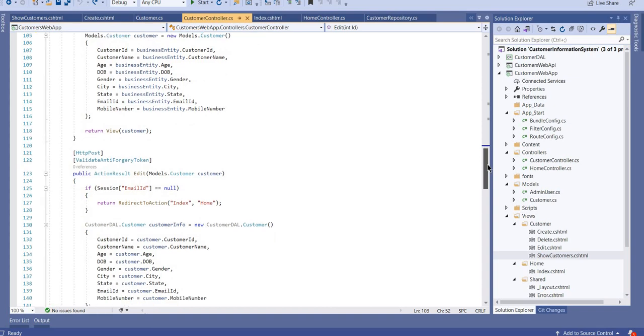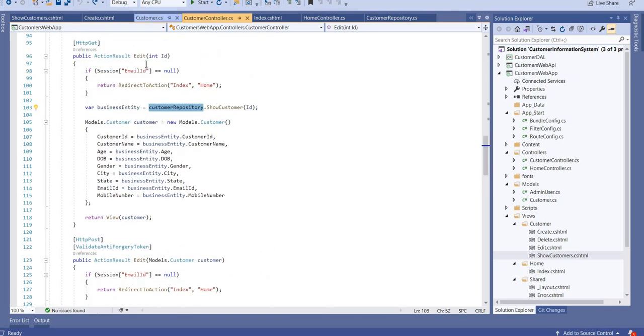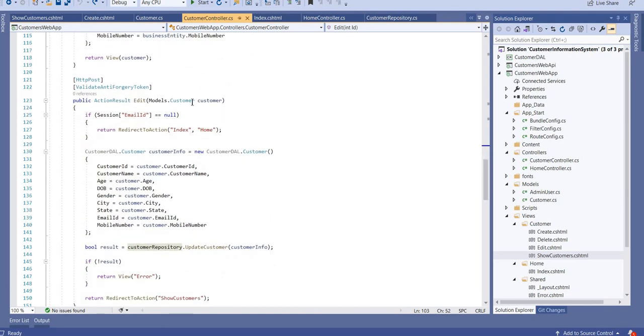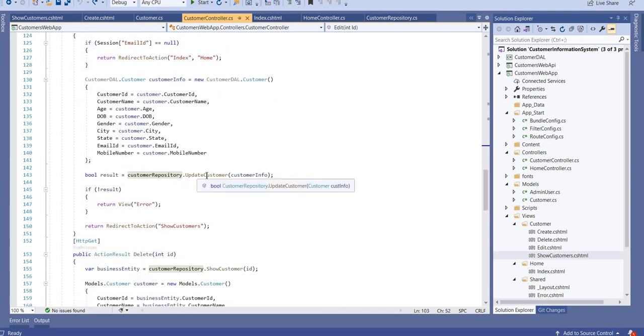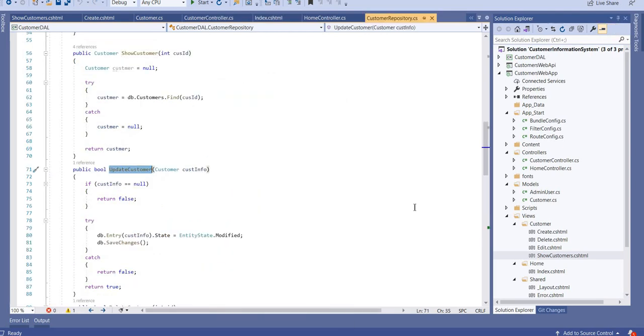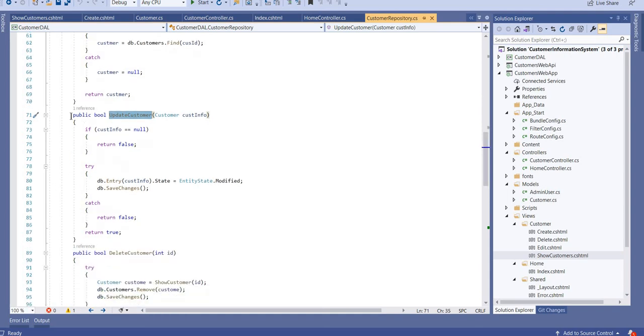Okay, and then when you click on the submit button, see again edit. This is to show the value in the control, and then on click of submit, it comes here to the model.customer, because now all the values are passed into that model.customer, because this is linked, two-way binding here. Then you are moving data from your model customer to your data access layer customer, then you are passing it into that update customer method, which is written inside the customer repository. And if I click code definition, okay, this is the code for that.